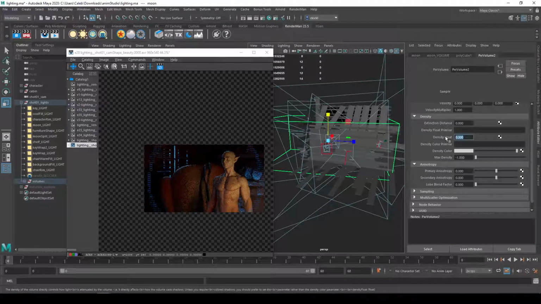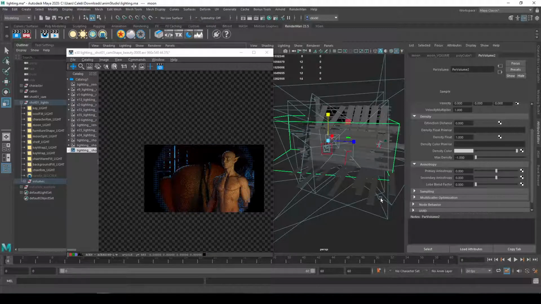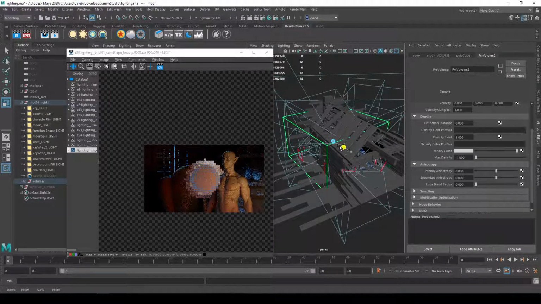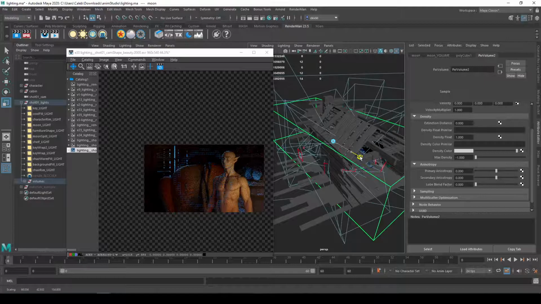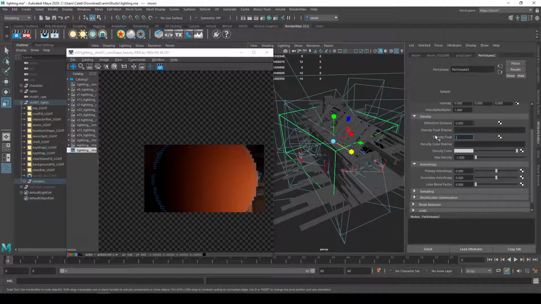Set that to 1. Oh, maybe I have to try restarting IPR. And I might also be misunderstanding the settings in the Pixar volume, which would not surprise me. There's something about what I've done here that's, oh, there we go, now it's showing up. There's something weird about it once it gets to a certain scale, or maybe once my camera's inside of it, it stops working, I don't know. But you can see that if I include my character, even if I drop this density value really low, so let's say 0.01,